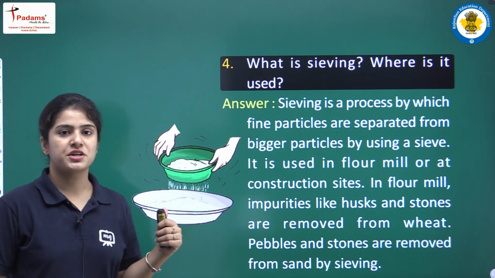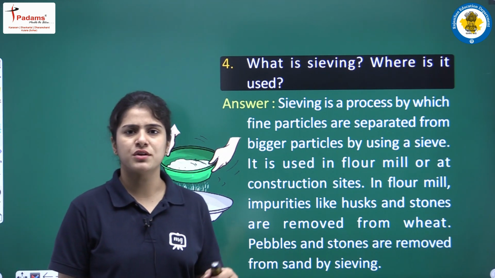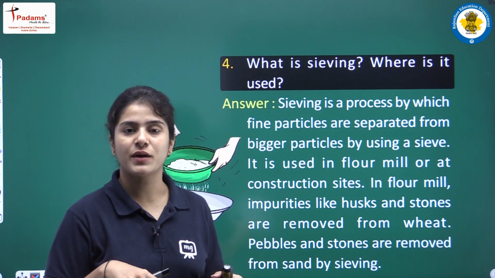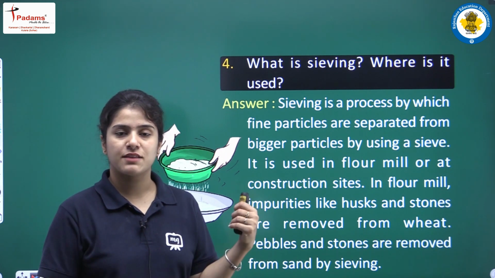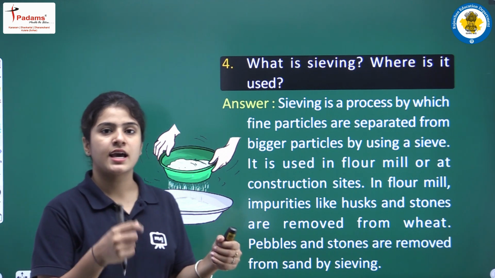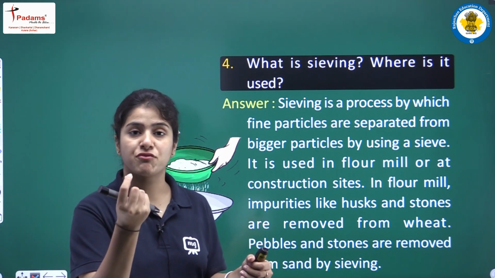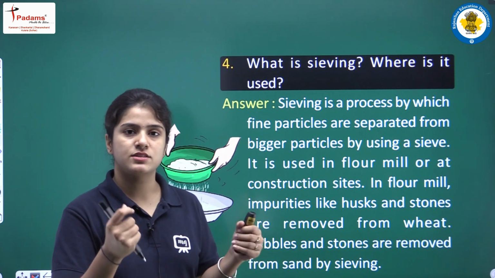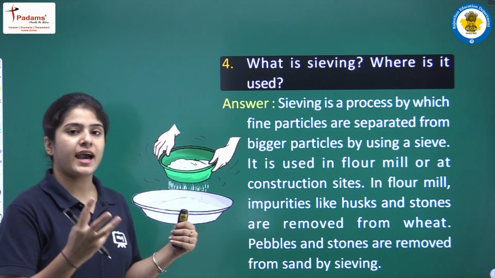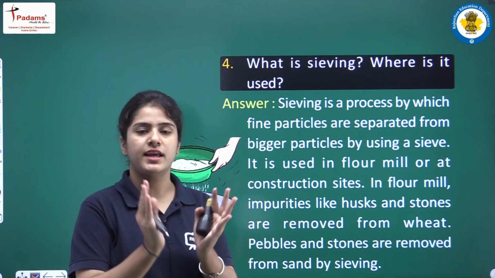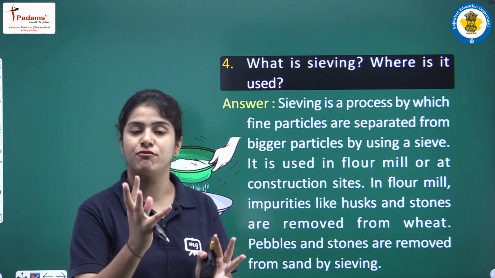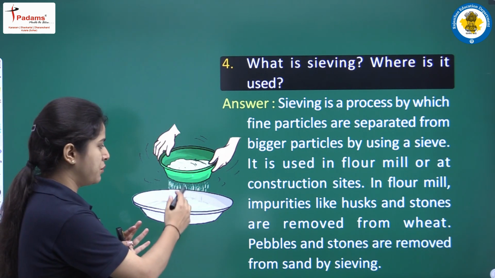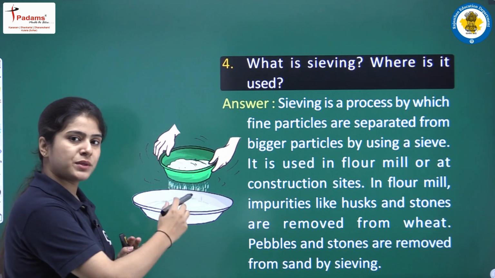In this picture you can clearly see, when you want to have the dough of the wheat or of the flour, what you do is like this, with the help of the sieve. What will happen? The dirt particles, the very fine, minute, unused dirt particles will just remain on that sieve, and the very fine and very useful particles, that is the flour or the wheat, will come out of the fine pores of the sieve and will make a dough with the help of this.